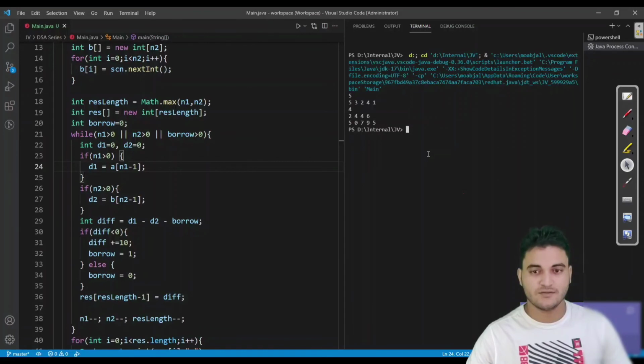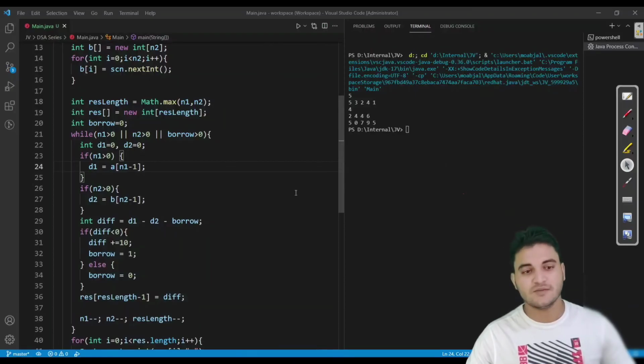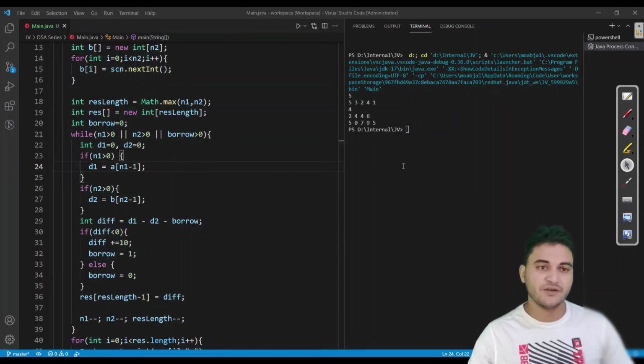Let us see now. So now you can see we are getting 50795 as the same output as we got in our iteration manually, which we have done on the board.